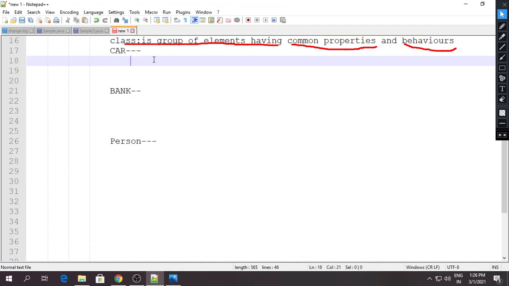you can find out that every car is having some common properties. So we'll try to list out some properties of a car. Which are the properties of a car? Take an example, color. Color is one property of a car. Then a car has another property like model. Again we can define properties like the average of the car. So there are a number of properties a car can have.